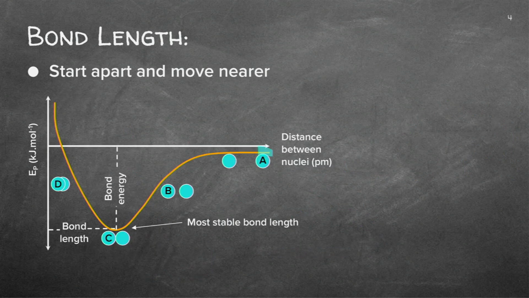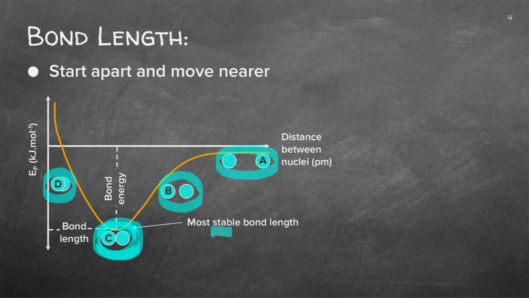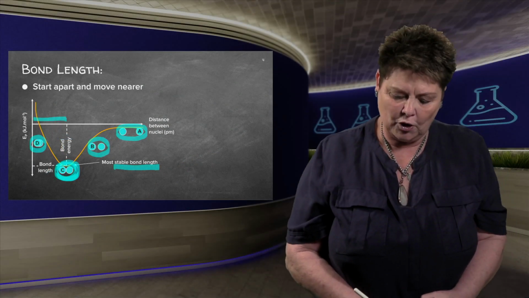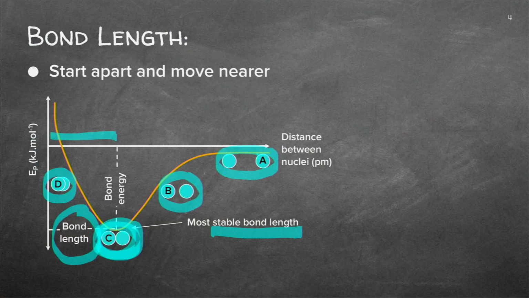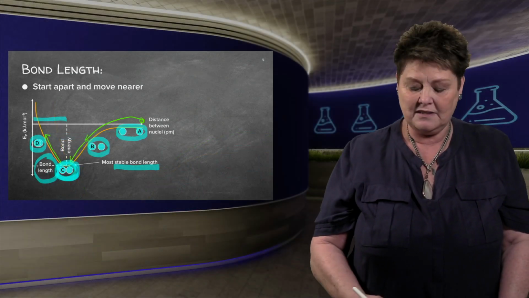We've got the nearest distance is obviously there, and these are unstable positions A, B, and D. So we want the distance where they are in a very stable position, and if we have the length in there, that will be the position where they actually have the bond. That's why we call this the bond length. Remember, we start where they are very far from each other there, then they move nearer, then they move where they bind, and be careful that they don't move nearer than that stable position.